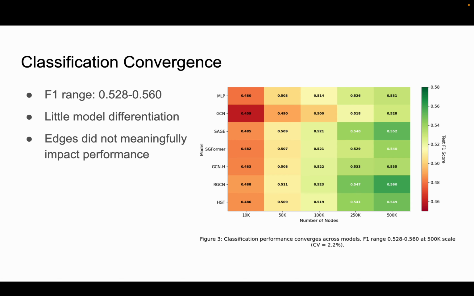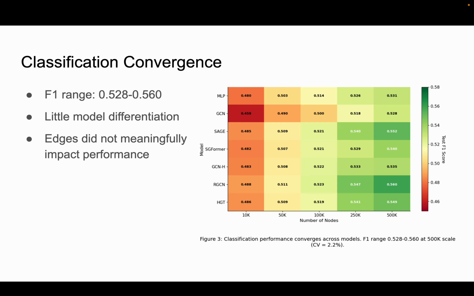In terms of classification metrics, all of our models ended up converging. This is largely due to feature quality. Other studies have been conducted that have access to more computational resources. They've been able to use text transformers to generate better features that lead to more differentiation between relational models. In our case, models hit a ceiling in terms of classification performance at around 0.55, 0.56